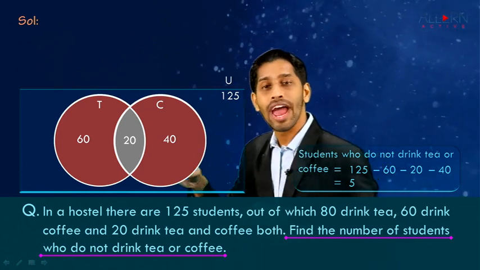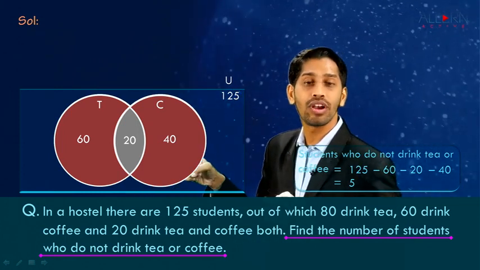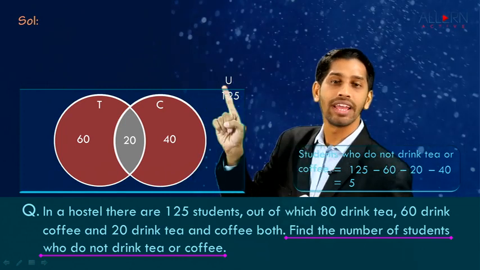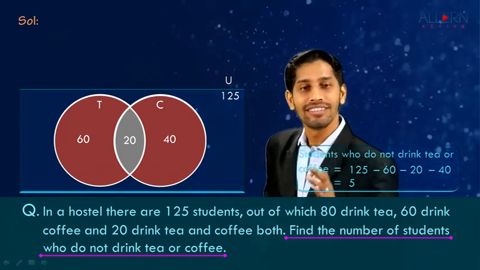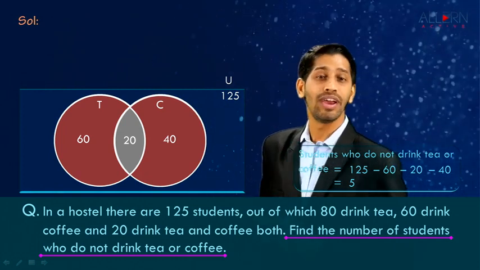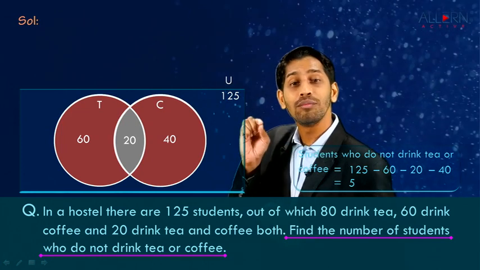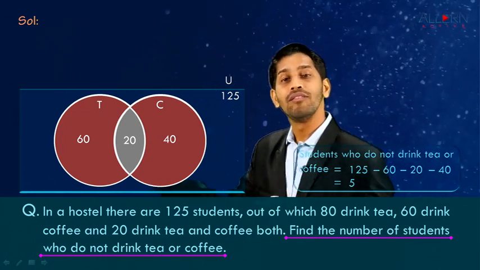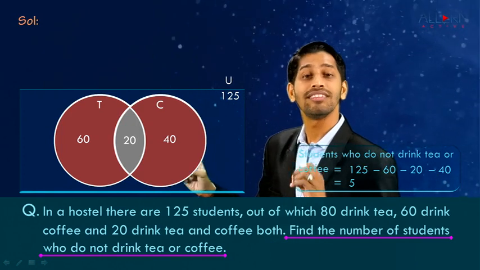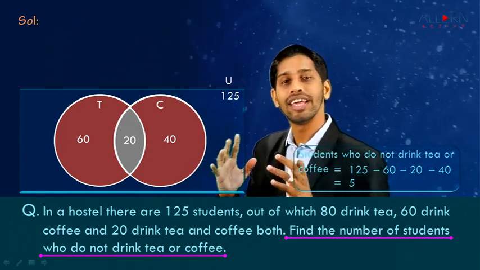Or we can also add all these numbers, that is 60 plus 20, 80, 80 plus 40, 120, and we can subtract from 125, still we get the same answer, that is 5. So child, remember one thing, whenever we solve any sum using Venn diagram, we need to write that number which is common, and then we have to write the remaining two numbers in such a manner that we subtract that common part 20 from both, and then we have to solve as per